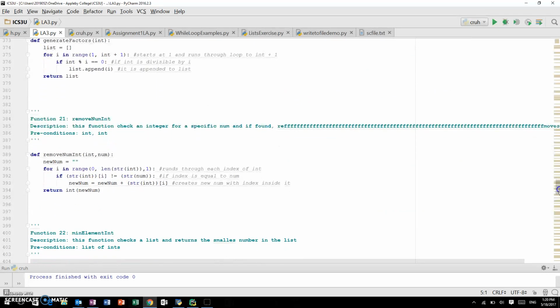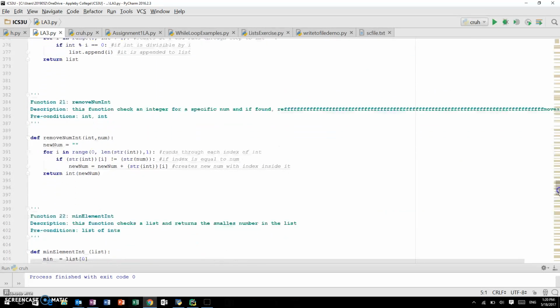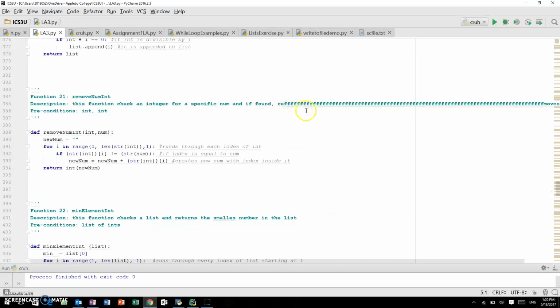Now the next function that I'd like to highlight is remove int, numInt. So basically this is a function that checks an integer for a specific number, and if it's found, then it removes that specific number from the integer. So basically what I had to do is check the for I in range of and run through